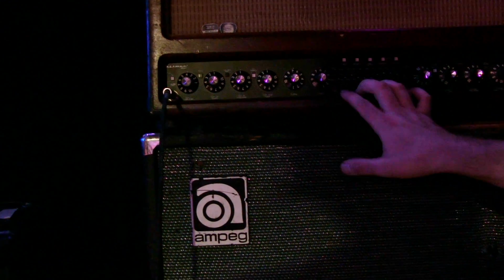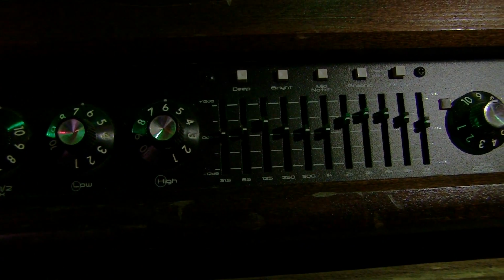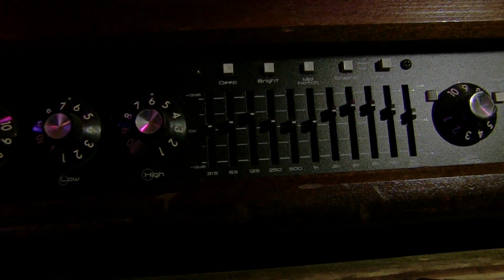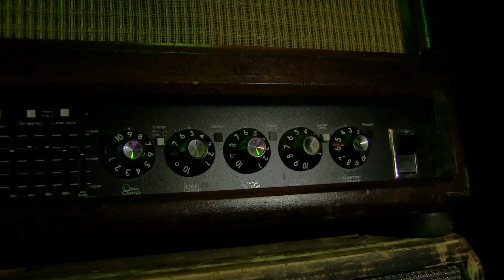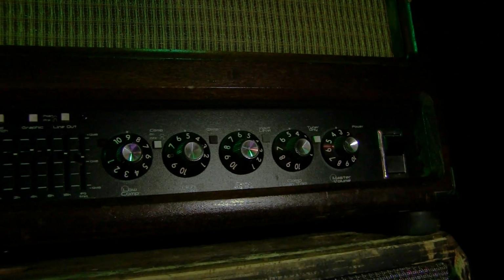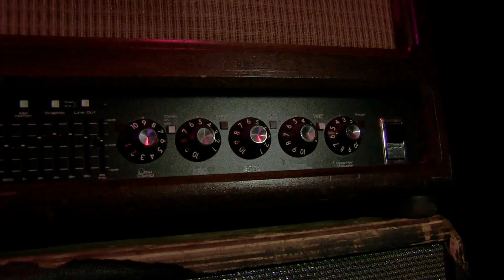Then you have a graphic EQ. So you can get it really specific if you want, and then if you just turn off the graphic, you can have a classic Ampeg sound. And then there's this great compressor here that just really makes it great. If you're getting really stoked and going nuts on stage and hitting that bass really hard, it's still going to sound nice and clean and crisp, and it's not going to sound like you're blowing it out too much. And then the piece de la résistance,